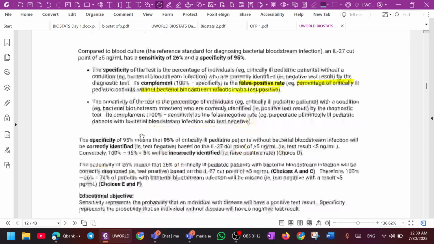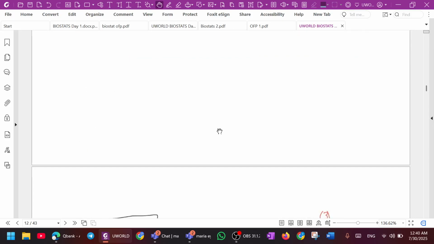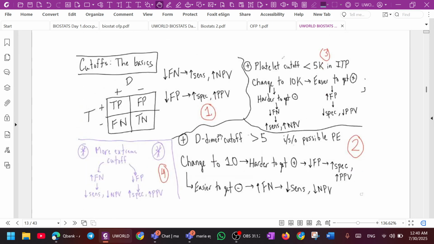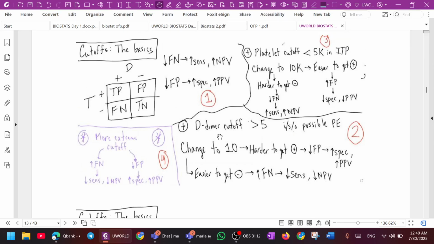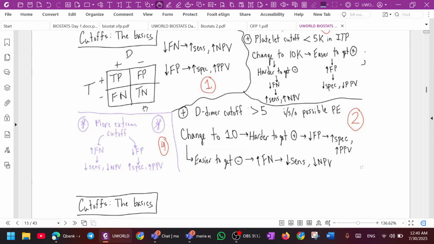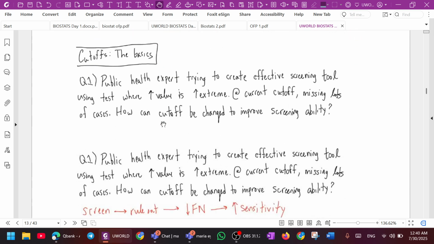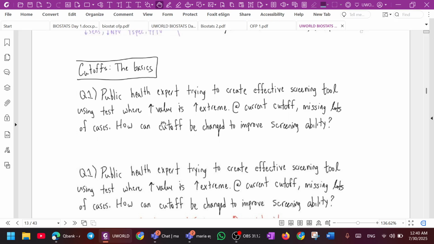Next. Oh, what's this again? I feel like this one you already know. We already did that one, right? Yes. Let's read the question. You already know that false negative was the N and the N. False negative goes with sensitivity, and then the N of sensitivity goes with NPV, so they both go up and false negative goes down. You know that. You've already seen that one.